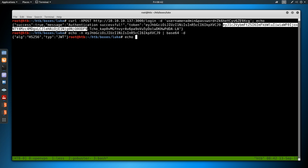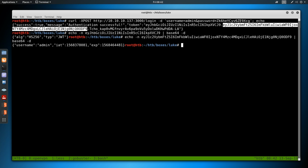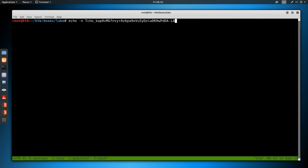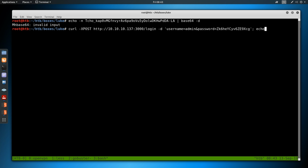If we do echo -n, then base64 -d, we get username, IAT, and expiration date. I'm guessing, well, username's easy to guess. IAT is probably when it was assigned, and expiration is when it expires. And then the very last thing of this JWT token is just a signature. So that's the HMAC thing. So if we do echo -n, base64 -d, we get invalid input. So this whole token,